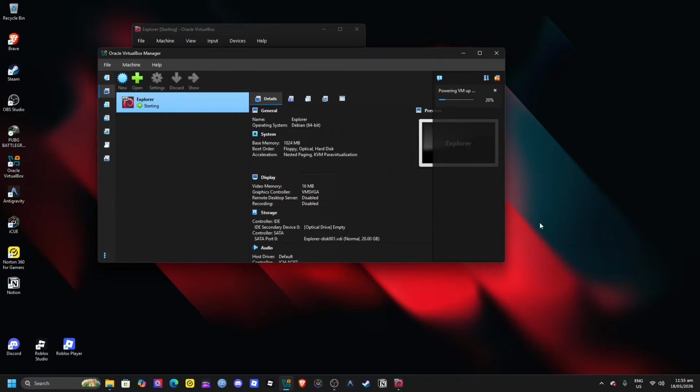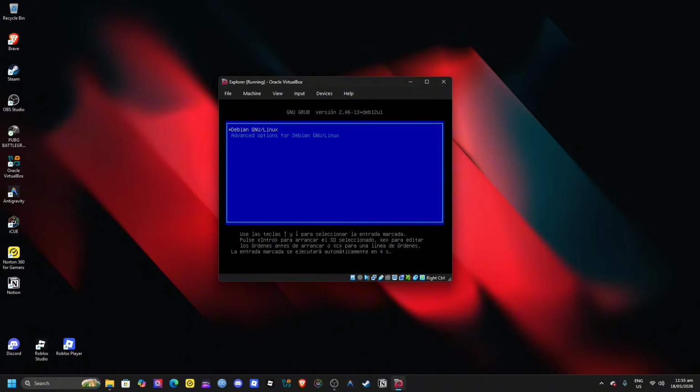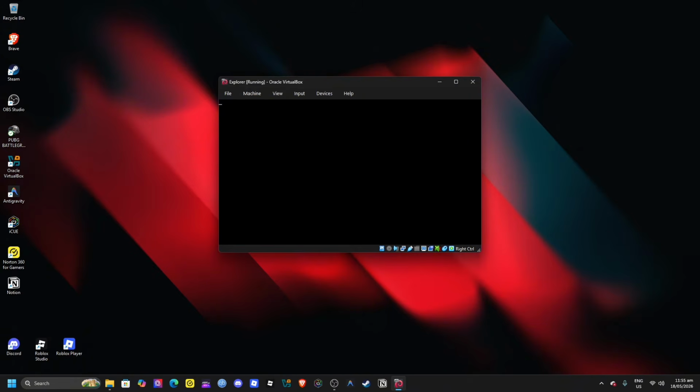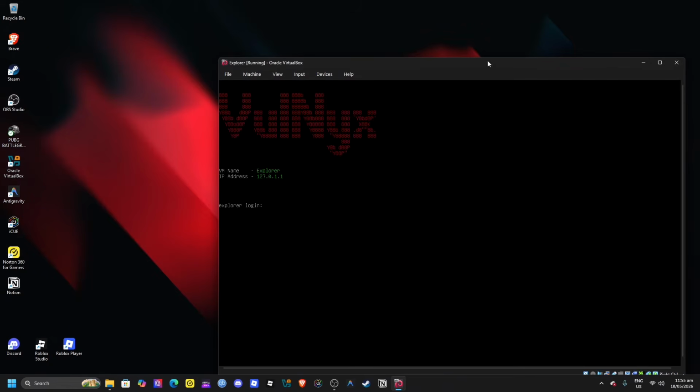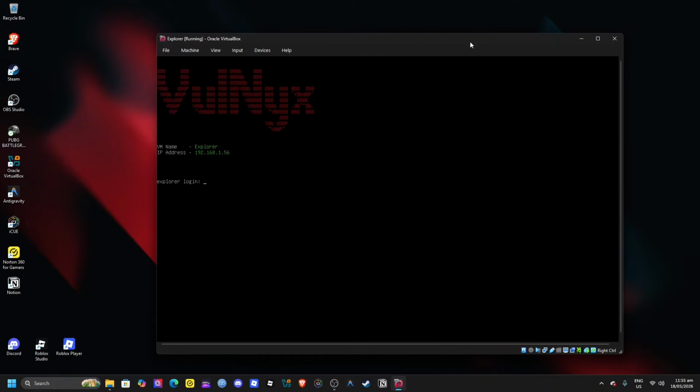And now we should actually have an assigned IP address to this virtual machine, which is pretty simple and straightforward. You can see it's loading the Linux kernel, the Debian machine, which has all the vulnerabilities. It could be a website application, whatever the case is. There we go. We've got 192.168.1.56. It has assigned an IP address for us to basically perform enumeration, port probing, and even investigating whatever this web